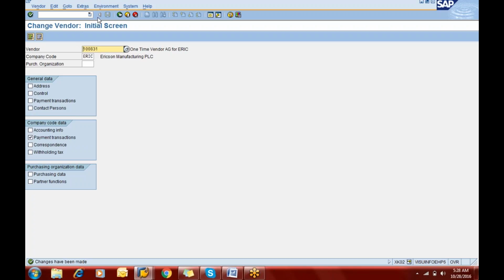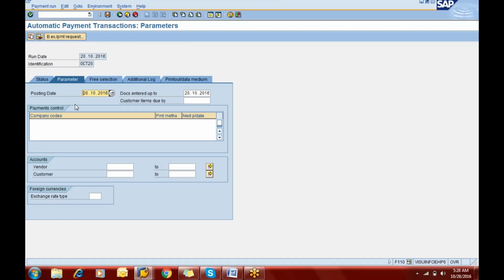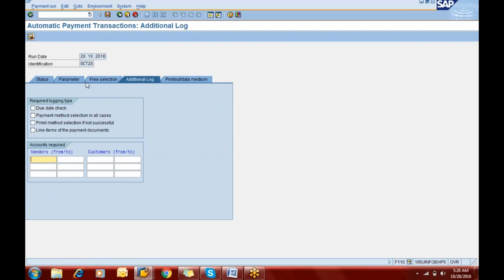Once again we can just go to the automatic payment program and give the ID. So just go to the maintain parameter, give the company code as Ericsson, payment method M, next run date would be 5th of November when we'll be doing the same activity. So here we will select all the vendor, click on save option, then you can go to the additional log